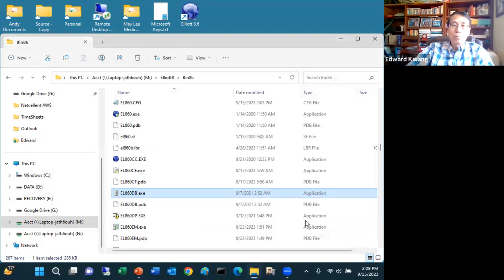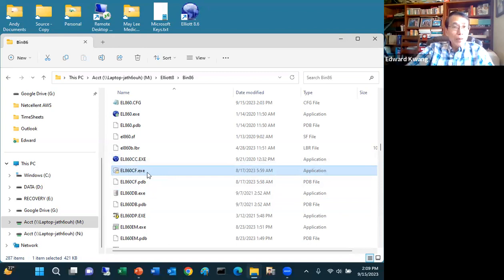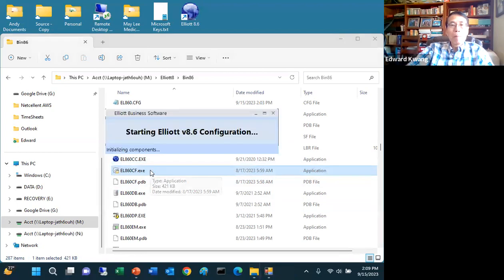Now, at the moment, I also need to go to the configuration to link my 99 company to the database I just created. So I can do the ELA60CF. CF stands for configuration. And so I can click on it and start running it. Okay, it can take a little bit of time.